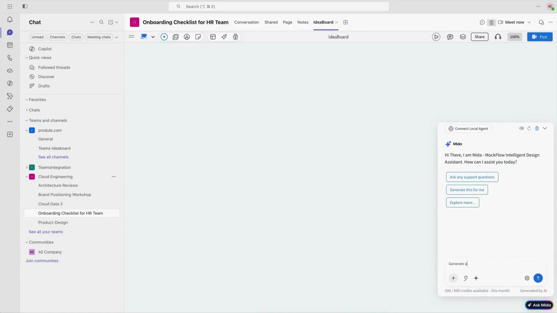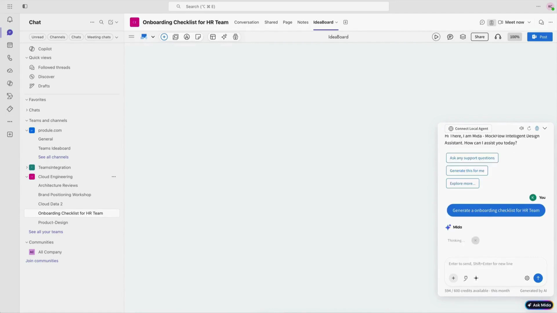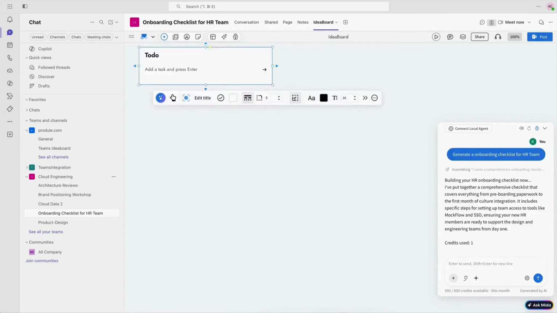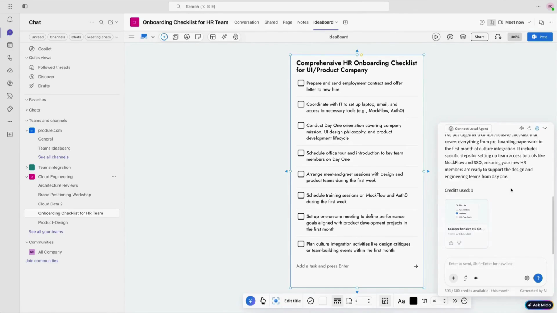Click Ask MIDA and enter a prompt like Generate an onboarding checklist for HR teams. Click Generate, and within a few seconds, MIDA will create a structured onboarding checklist that you can customize and share